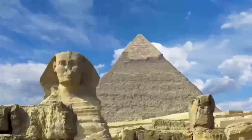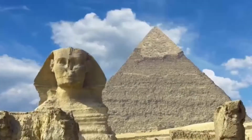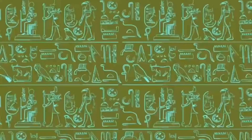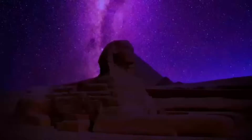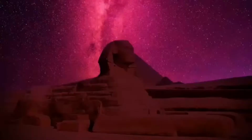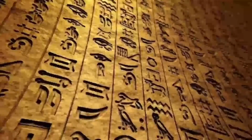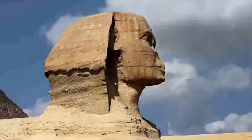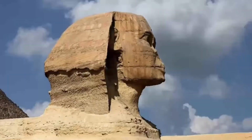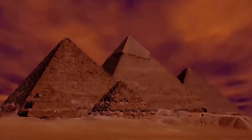Have you ever wondered why the Great Sphinx of Giza, one of the most iconic landmarks in Egypt, is not mentioned in any of the ancient hieroglyphics? Despite its massive size and historical significance, there is no record of the Sphinx in any of the ancient Egyptian texts or inscriptions. This has led to countless theories and speculations about the true origins of the Sphinx. We will explore the mystery of the Great Sphinx and the possible reasons for its absence in the ancient Egyptian